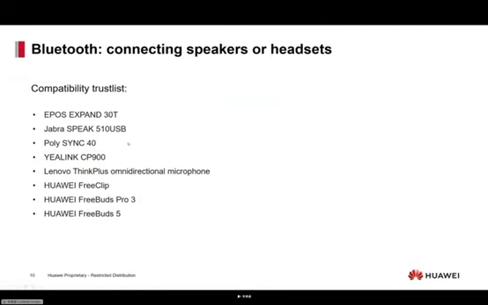And here it comes to Bluetooth. Unlike the IdeaHub Board 3 Pro, the model we're discussing, IdeaHub Board 3 Base, has Bluetooth 5.3. It allows us to connect the device with speakers and headsets. And here is the compatibility trust list. We tested some famous peripherals for speakers and headsets. This is actually a recommendation list. If you are in a solution scenario and want to give a solution to the customer, you can choose the ones in the trust list, and this one will